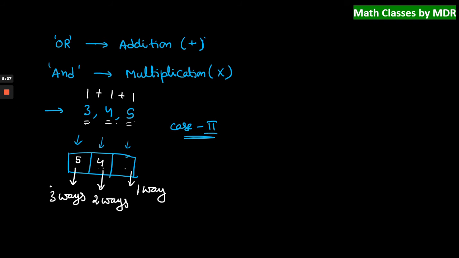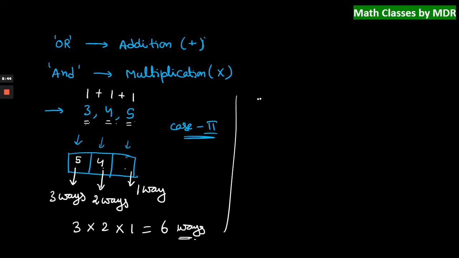So in total, how many ways can we arrange the numbers here? 3 ways for the first digit, and then the second digit in 2 ways, and 1 way. We are not saying 3 ways or 2 ways or 1 way. What we are saying is 3 ways and 2 ways and 1 way. That is 3 into 2 into 1, that is 6 ways we can get the 3-digit numbers if repetition is not allowed. We can easily form those numbers also.